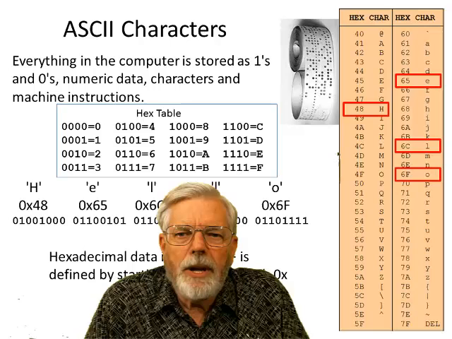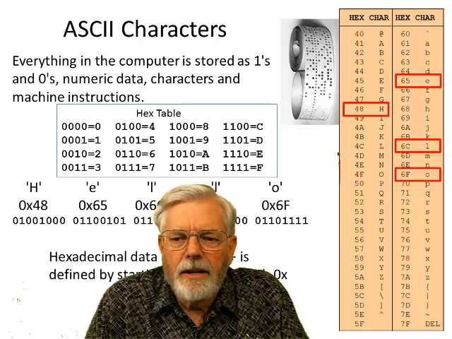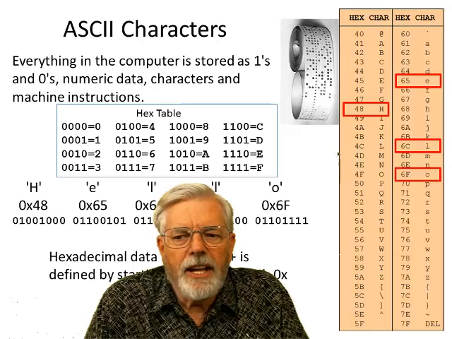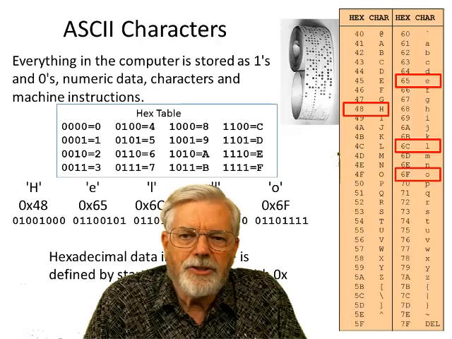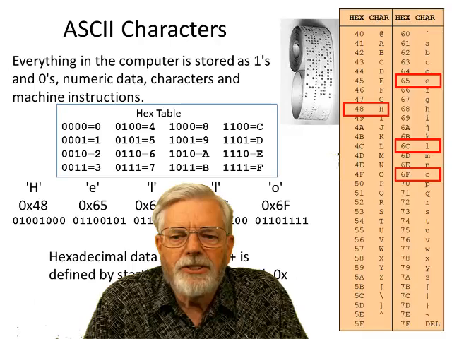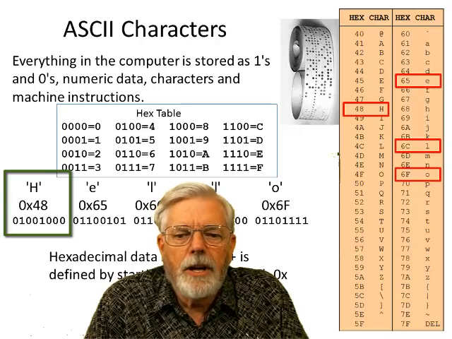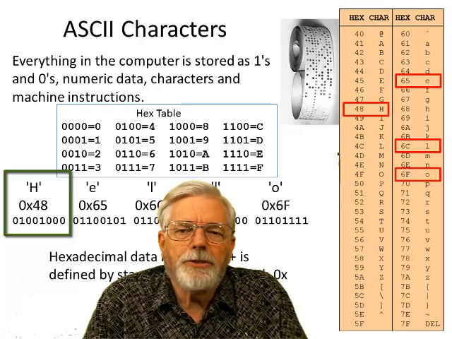A is a 41 hexadecimal. So if here's hello, I have a 48. And then a lowercase e is a 65. A lowercase l is a 6c. I have a second L. And then the O is hexadecimal 6f. So far, so good. Now, where it says 0x48, because in C and C++ and many other languages, to specify